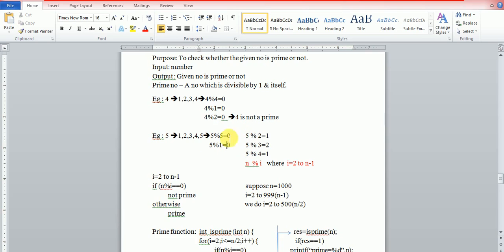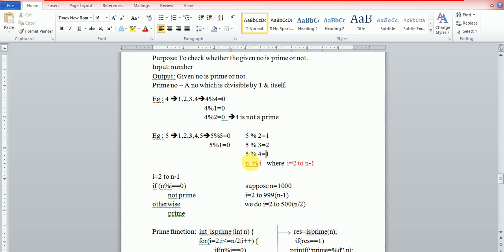Now if you check whether 5 is divisible by 2, it's not completely divisible, we get a remainder of 1. When we divide 5 by 3, we get remainder 2 instead of 0. And when you divide 5 by 4, we get remainder 1. So we can say that 5 is a prime number because it is only divisible by 1 and itself, that is 1 and 5.